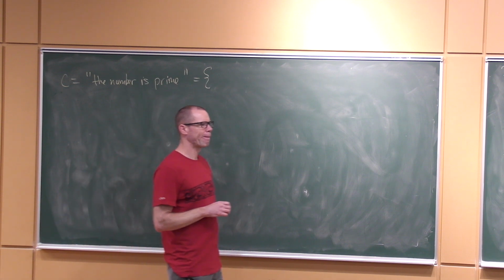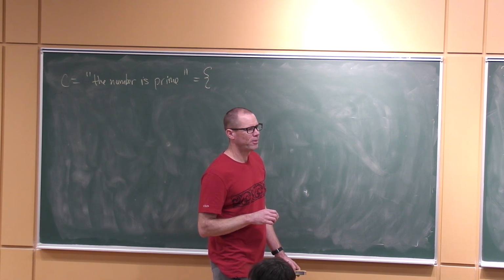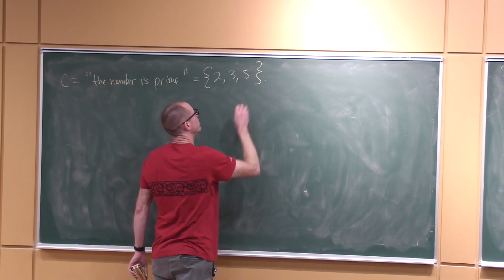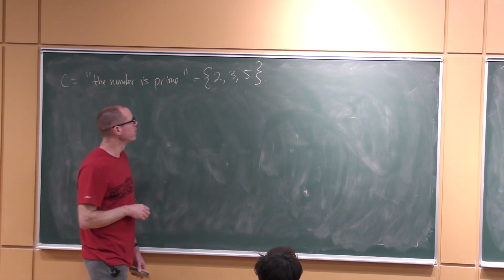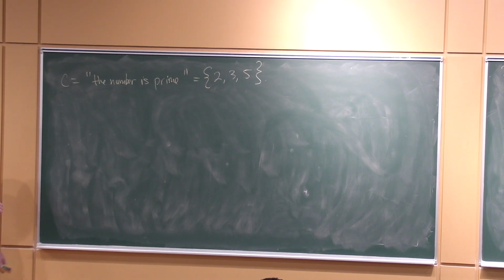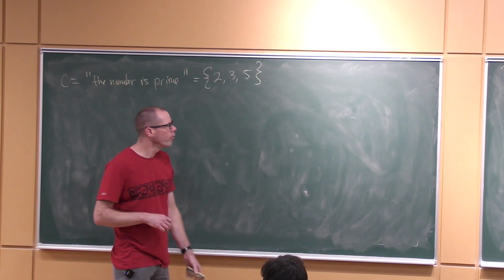Yep. Is one prime? 1 is not prime. 2 is prime, yeah. 2, 3, and 5. So numbers other than 1 that are only divisible by themselves and 1. And the exclusion of 1 is just to avoid having to exclude it all the time in every other statement about primes, basically. Okay, so this is the set C of prime numbers that I might roll.